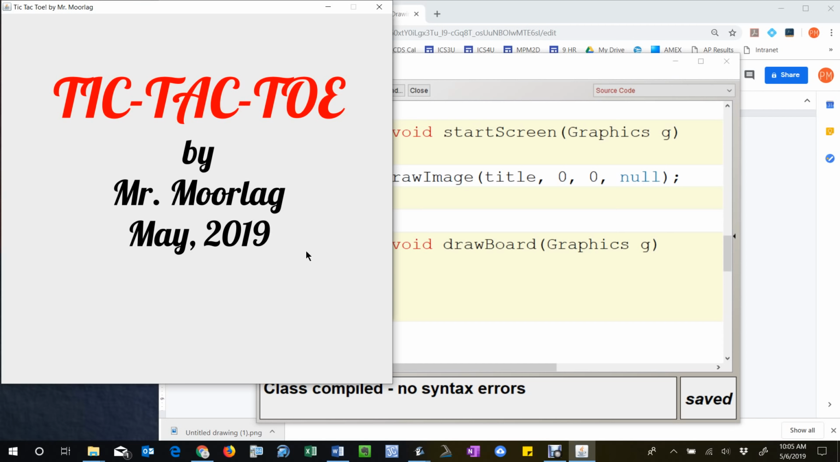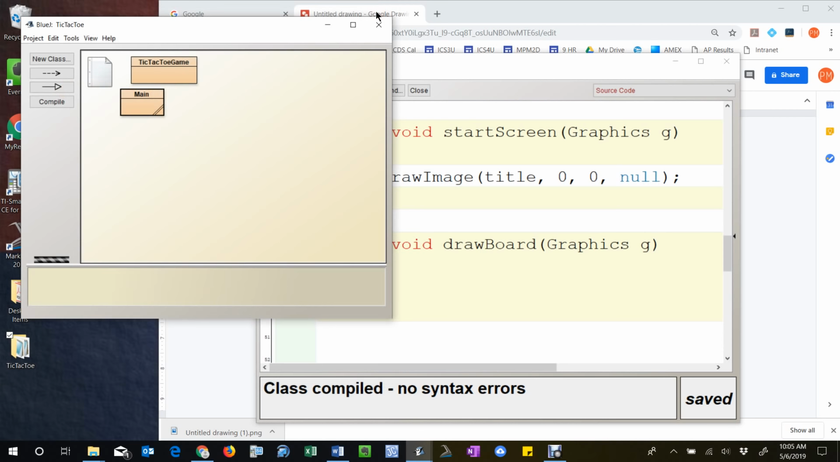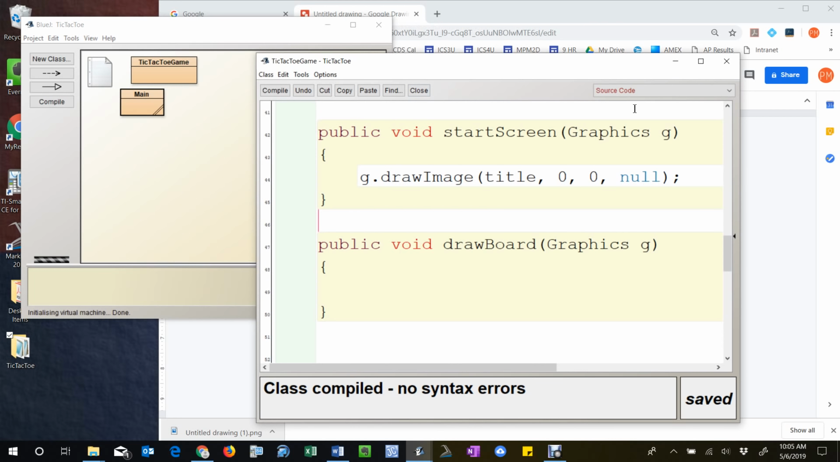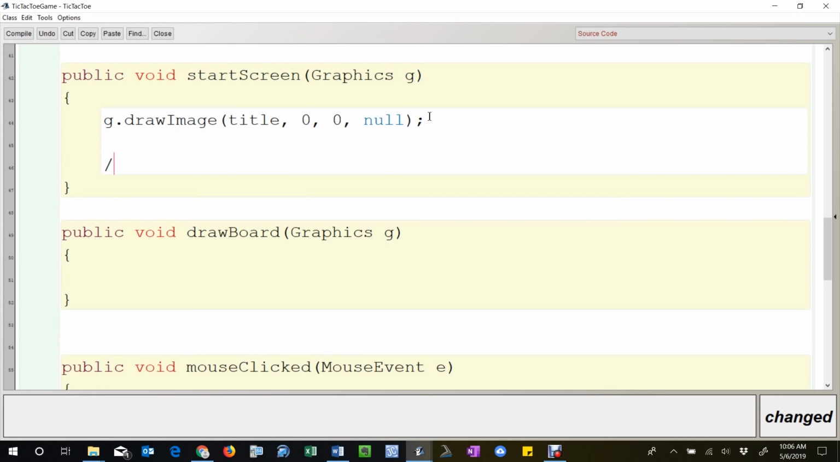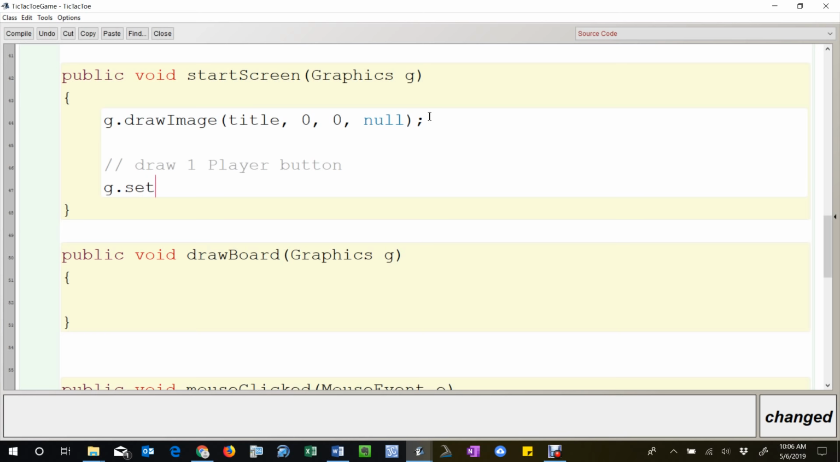And then we're going to need if statements, if the user clicks on one of these, then that will determine how many players there are. So where do we write that code? We're going to go back into our tic-tac-toe game. And actually, we'll do it right in our start screen. So I'm going to draw the one player button right here. So I'm going to change the color to blue,